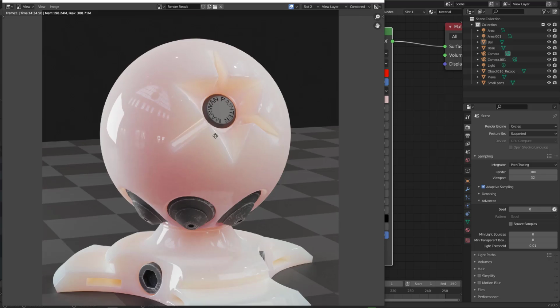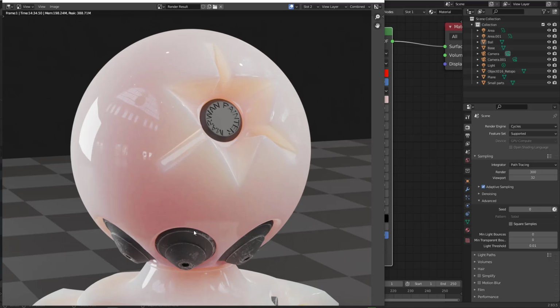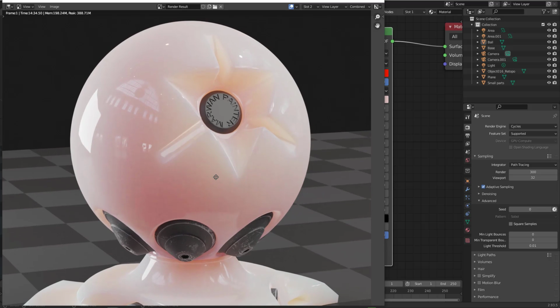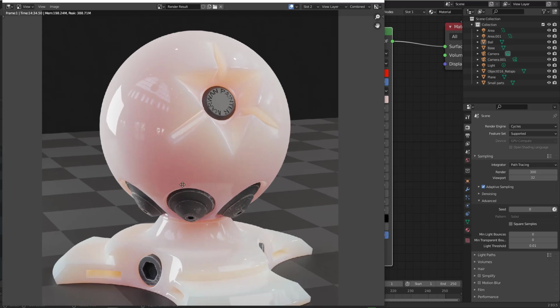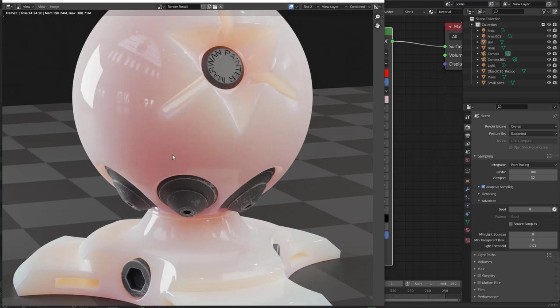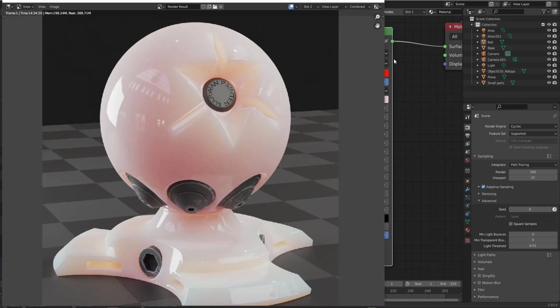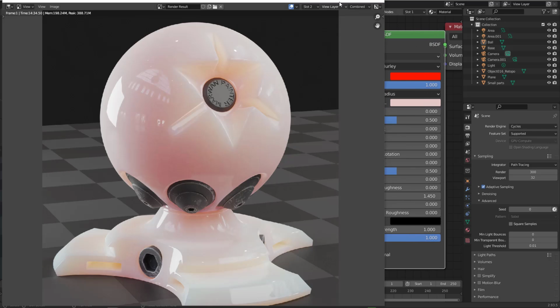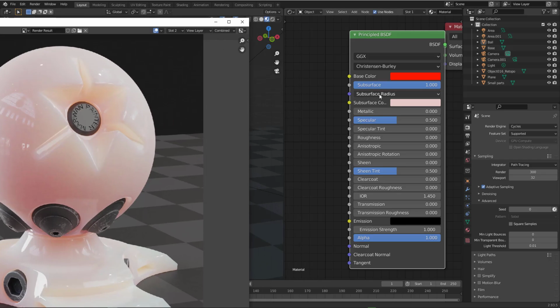Check this material. It's a very nice and beautiful result that we got here. I tried to simulate the wax material. See this area that I have some red effect here comes from this area, and that's because of the base color that we added here, the color that we changed here for the base color, and at the same time